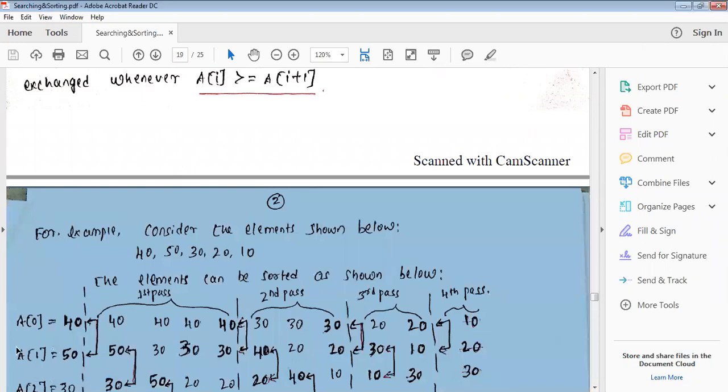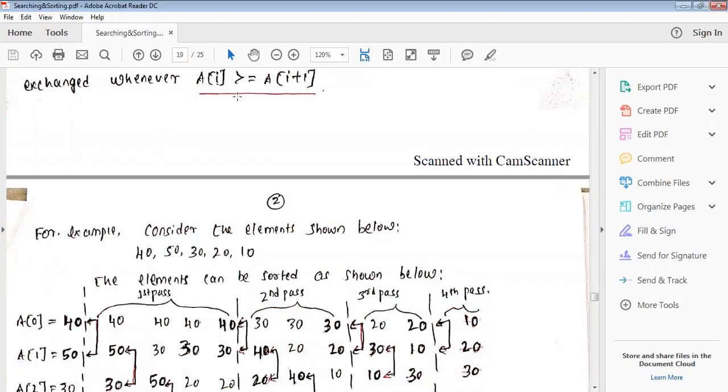So a of I, the first one is the first element, a of 0. Is a of 0 greater than or equal to a of I plus 1? The I value is 0, 0 plus 1 is equal to 1.